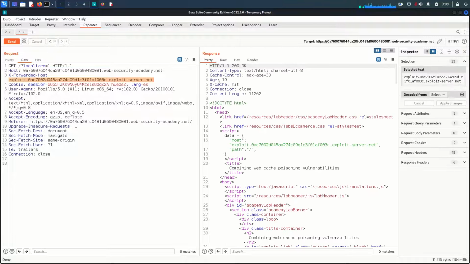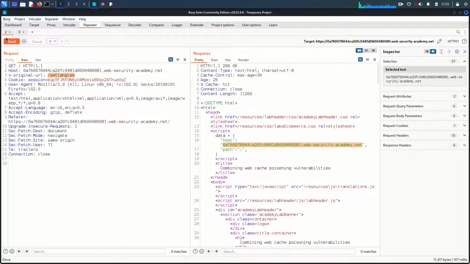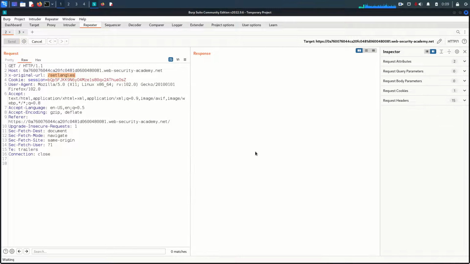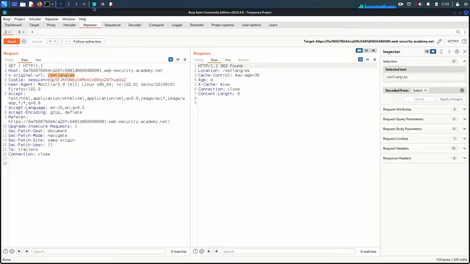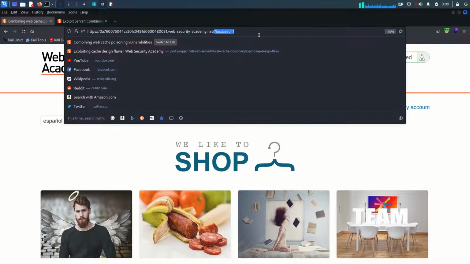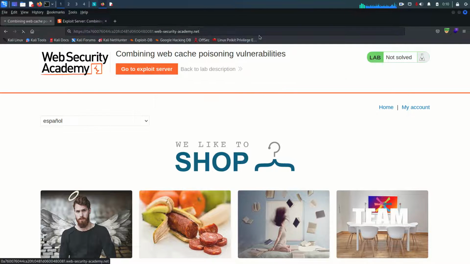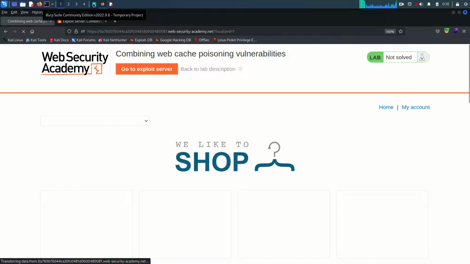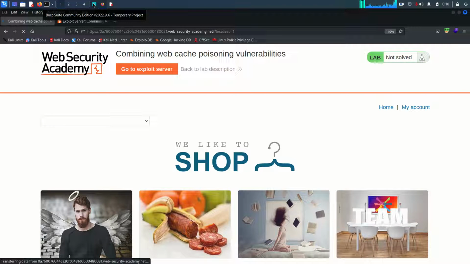Let's just keep this in the cache and send it again, and this time we get a miss here. That means both of the responses are in the cache. Now leave that and hit enter. So once we hit enter,